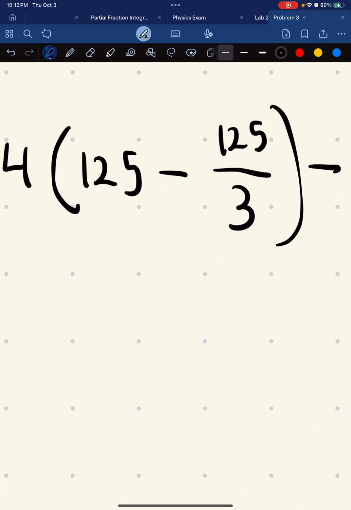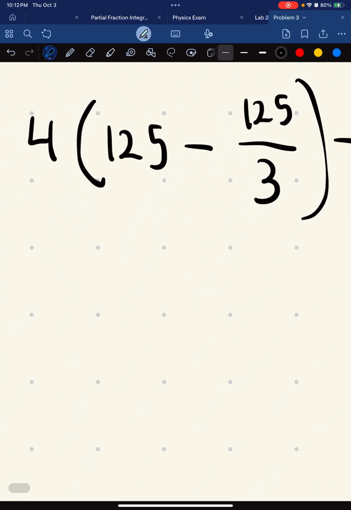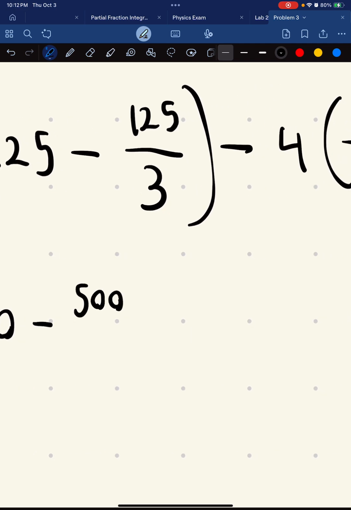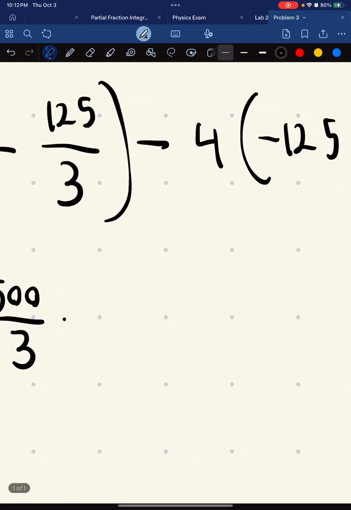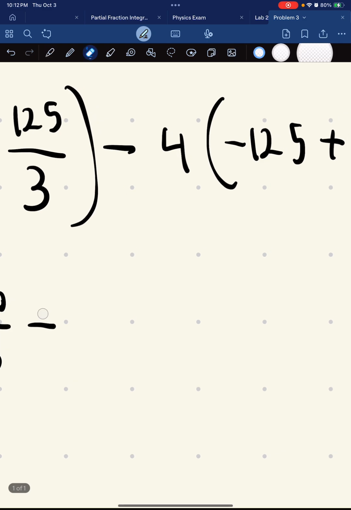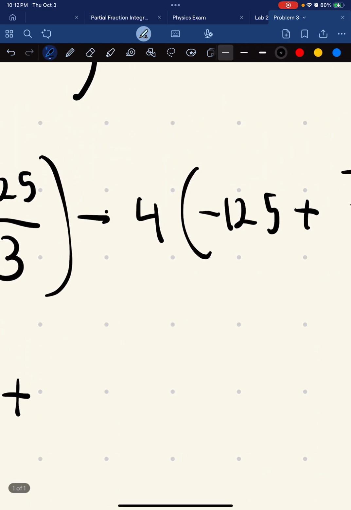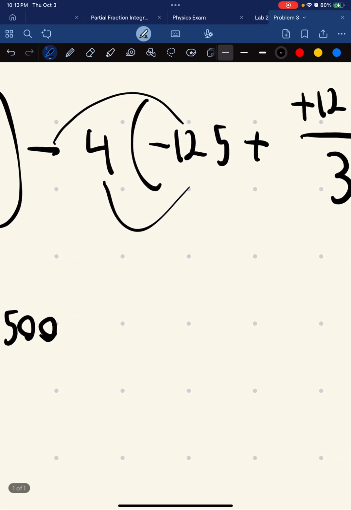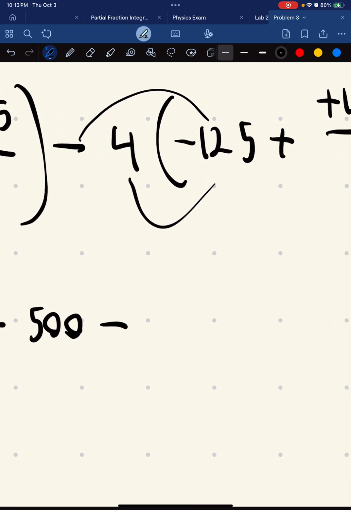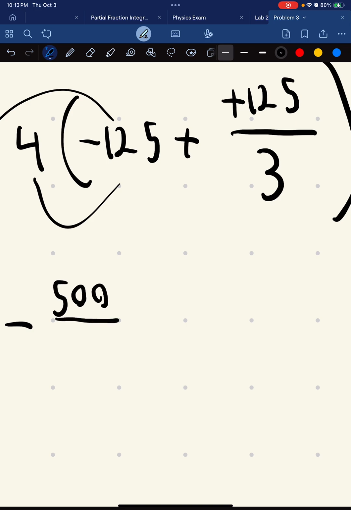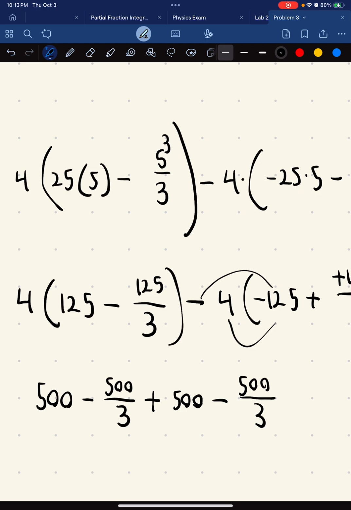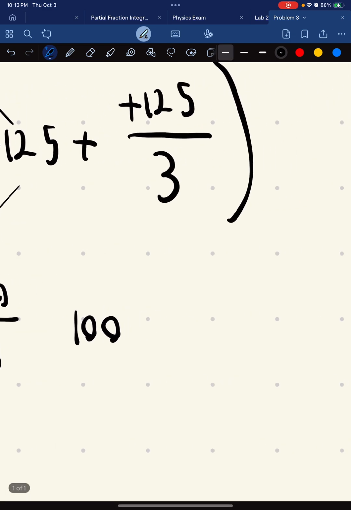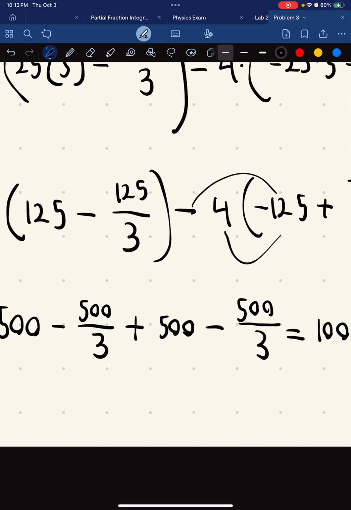And now we're going to distribute the 4. So it's going to be 500 minus 500 over 3, minus, actually wait, no. It's going to end up being a plus, because if you see here, it's a negative we have to distribute. It's going to be plus 500, we're distributing the 4, plus 500, distributing the negative, so this becomes a negative 500 over 3. And so now we just add like terms, so it's going to be 1,000 minus